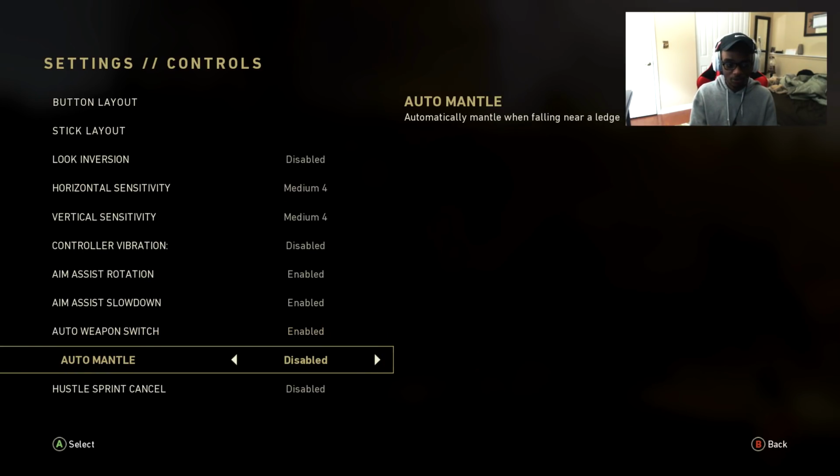because I always say run infantry, so you always have ammo. Just keep that enabled. Auto mantle, keep that disabled. This honestly will get you killed so many times. Let me explain what this is. So pretty much if you run next to an object that's like a ledge in a gunfight, it's automatically going to mantle on top of it,